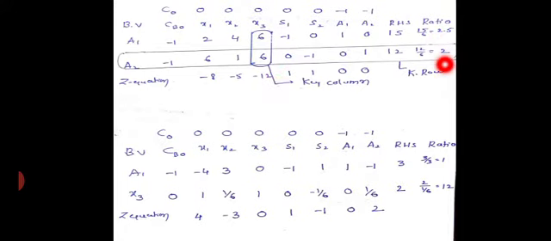In order to get your key row, it will be decided by your RHS column ratios, and in that you need to take the least positive value. Here the least positive value is this A2 row. Now this row is called the key row, and this is called the leaving row or leaving variable. Understood? This is called the leaving variable, and this is called the entering variable. The intersection of key column and key row is called the key element. My key element is now 6 here.